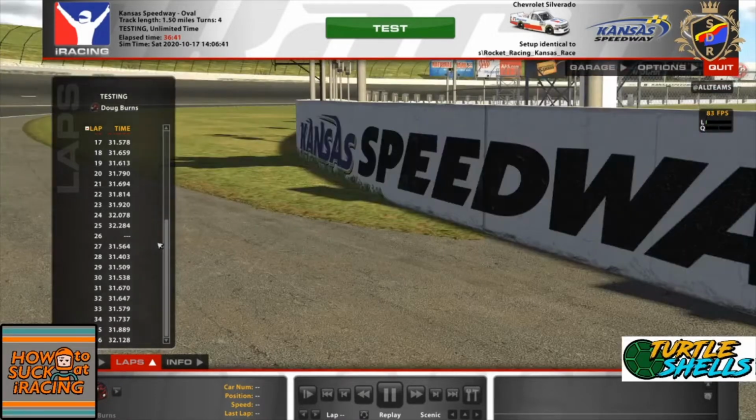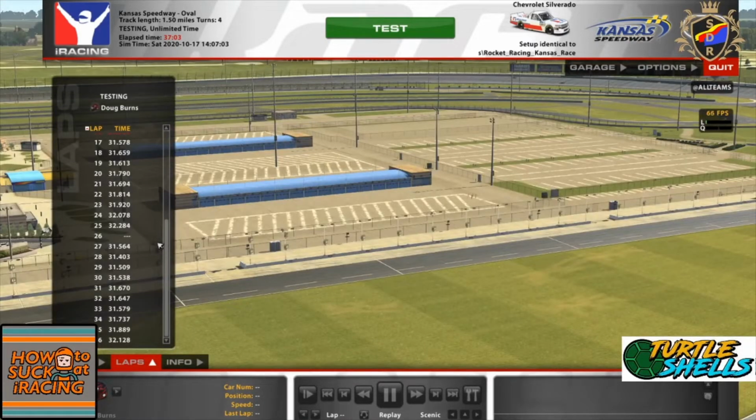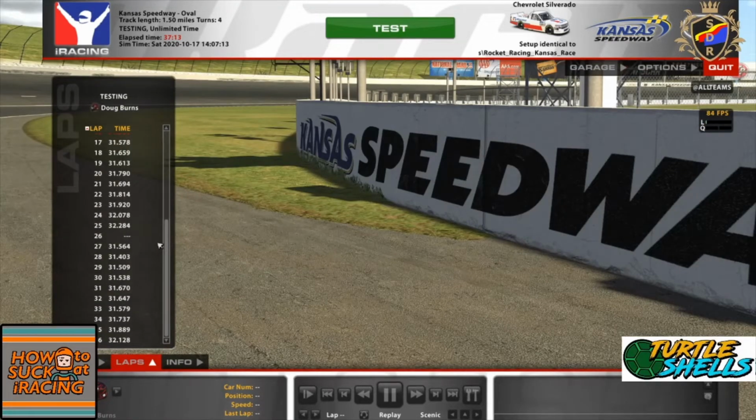And just looking at that, looks like our fastest lap again was the second lap, 31.4. The Gen X was a 31.5. The OSR was a 31.3. However, so far, the most fall off has been on the Gen X setup. Or, I'm sorry. Yeah, the Gen X seemed to have more fall off. The OSR second most. So far, the Rocket setup is definitely the